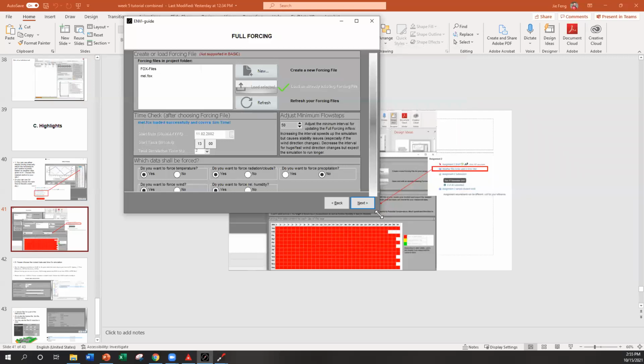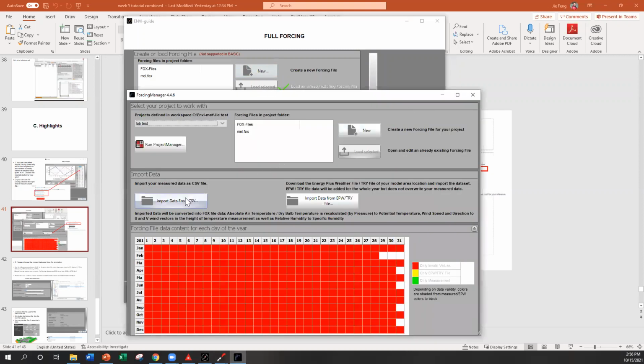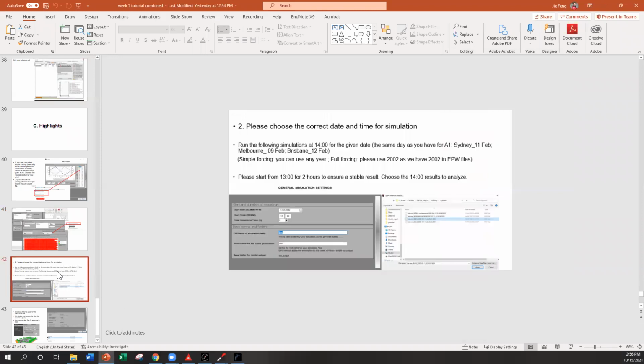Yeah, it will ask you to import, for example, create new forcing file. It will ask you to import either a CSV file or an EPW file. These are both acceptable weather data. And what we have provided you is EPW. If you check Moodle,